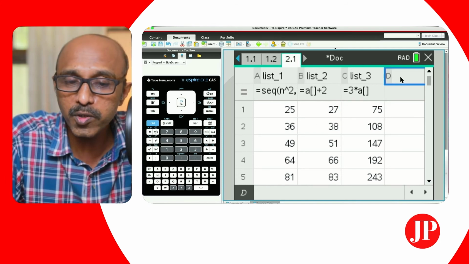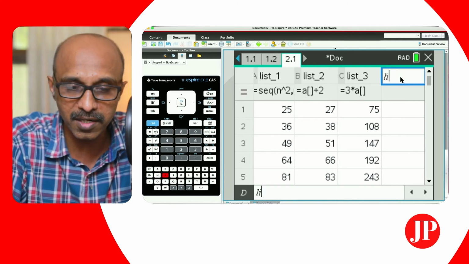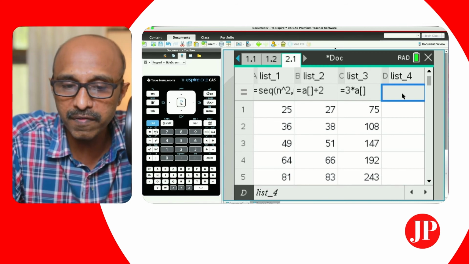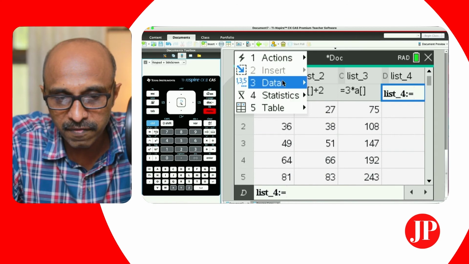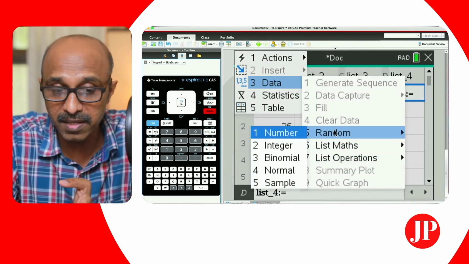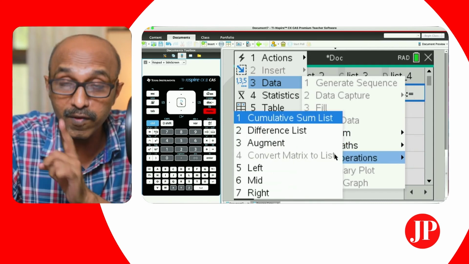Suppose you had a frequency distribution and you wanted to find the cumulative frequency. That could be another list. I'm just calling it list 4 right now. For the cumulative frequency, if you go to equal to, and remember I said there are certain other features that you must explore. When you go to list operations, so that was random. There are several other things in random: binomial, normal, and the random sample. We've not yet seen random sample.